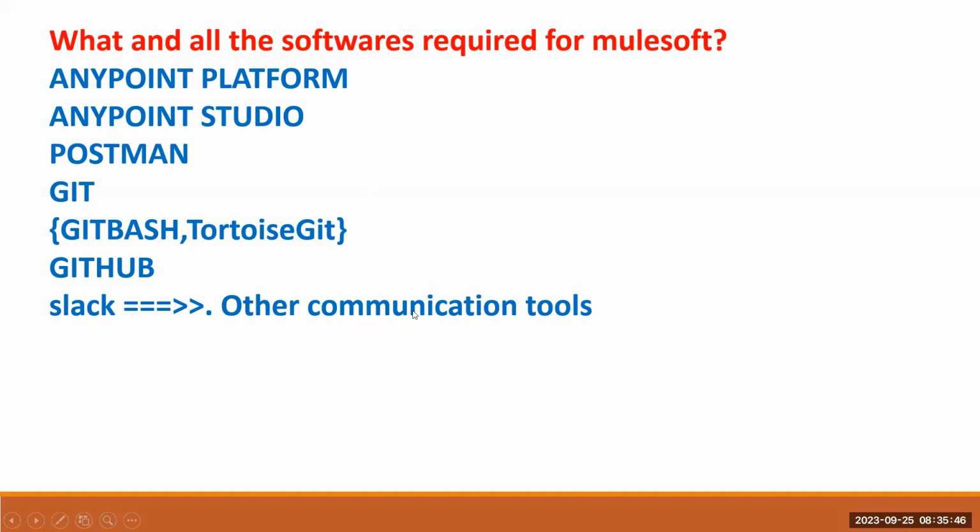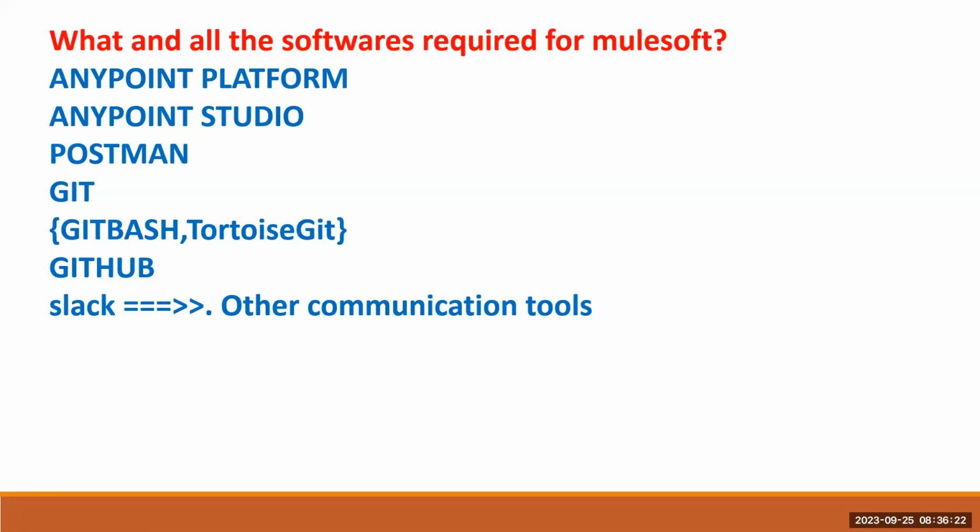That's it. And moreover, in Microsoft Teams and all, if you are working on a project, they will create one folder for that project. All project related documents: high level documents, low level documents, data mapping sheets, flow diagrams, use case diagrams, all these documents they will keep in one folder. From there anyone can access that. So that is the use of this Slack communication channel. Clear? Yes. I will explain how to download and install all these things.